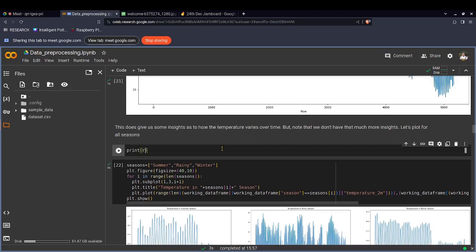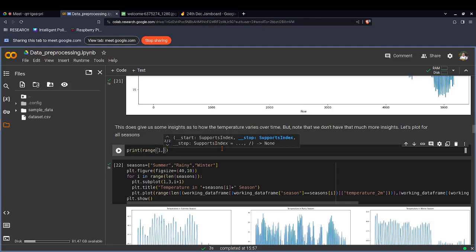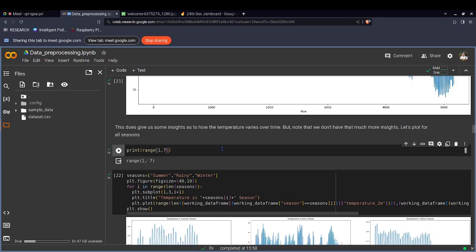To display anything we write print and then range. Give me one number, give me any number. 1. Okay, someone else give me another number which is greater than 1. 10. 7. So let's execute this. It can take 3 parameters, but this gives you a range from 1 to 7. Now if we want to list this, we just enclose it in list and see what we get. 1 2 3 4 5 6,